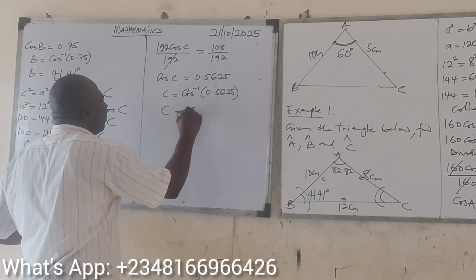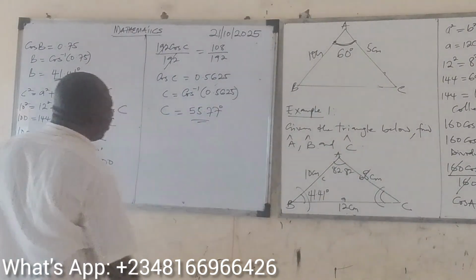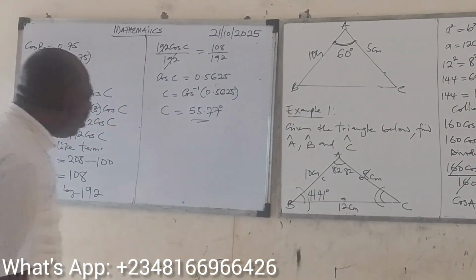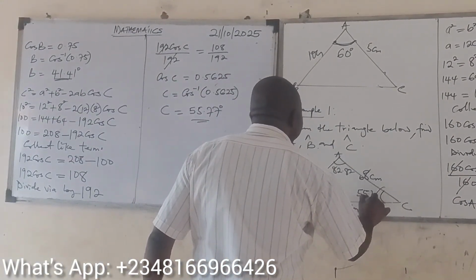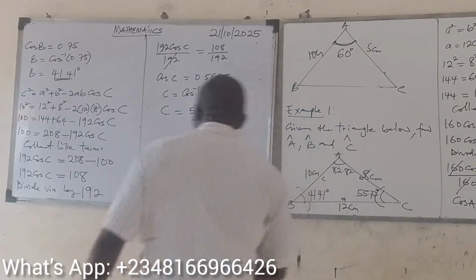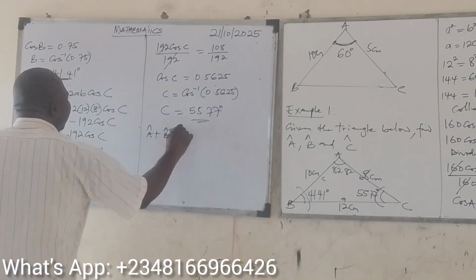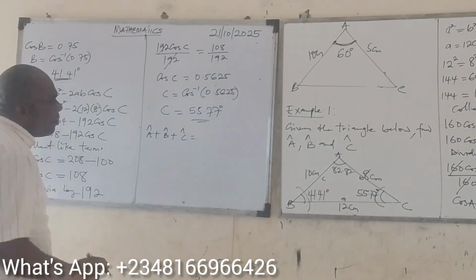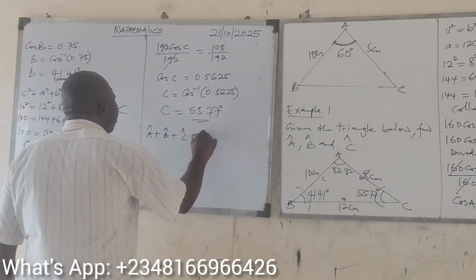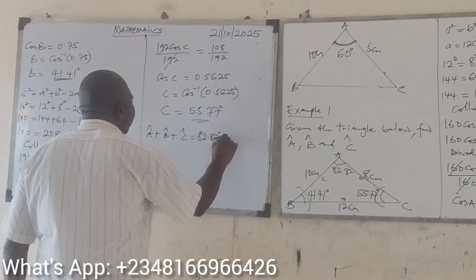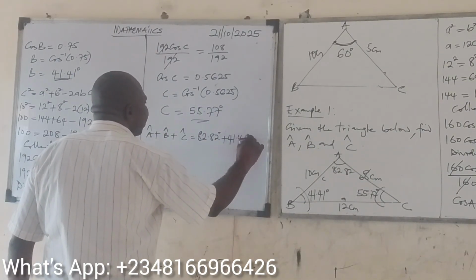55.77 degrees. So that's the value of our big C. Now let's check the sum of the angles: angle A plus angle B plus angle C. Remember our angle A is 82.82 degrees, plus angle B is 41.41 degrees, plus